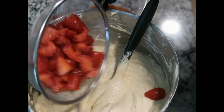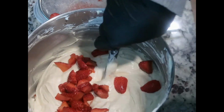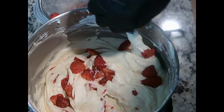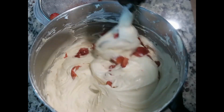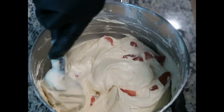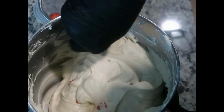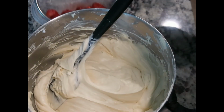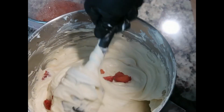Because I certainly don't want all that juice in my batter. So let's start with about half a cup there. And I don't want to mess with them too much because I don't want them to break, but if they do, it's okay. Just folding them. I'm not stirring, I'm folding. Okay, let's take my second half cup and we're going to